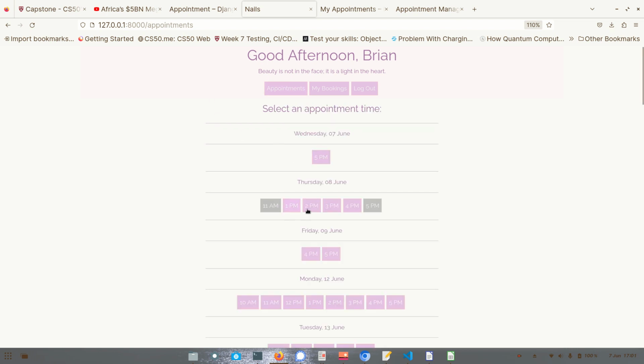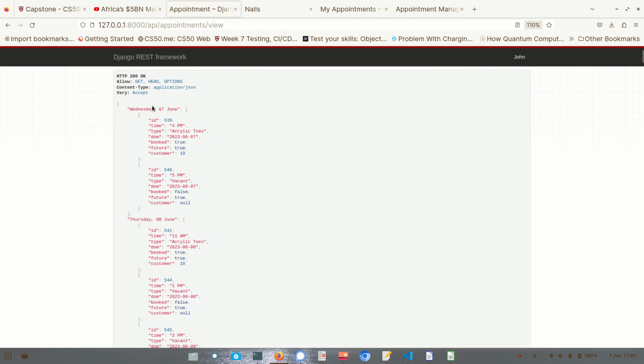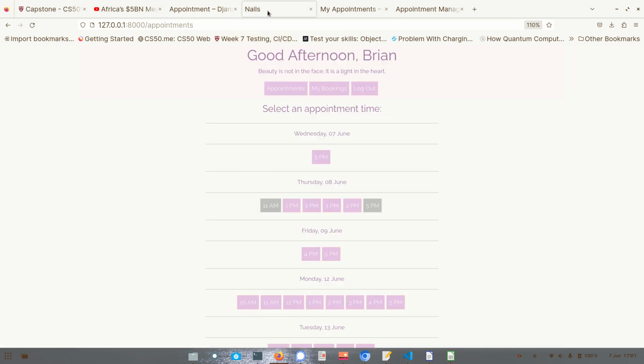Here we can see all available upcoming appointments. This page is rendered from a Django API. Here you can see it's got date strings with the appointment object information attached. So we select an appointment,